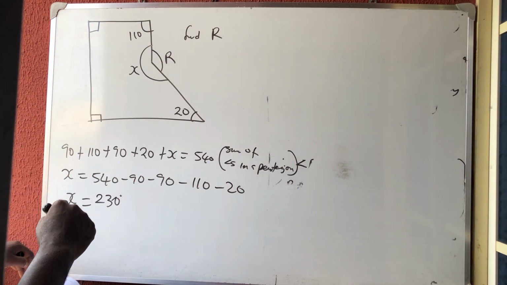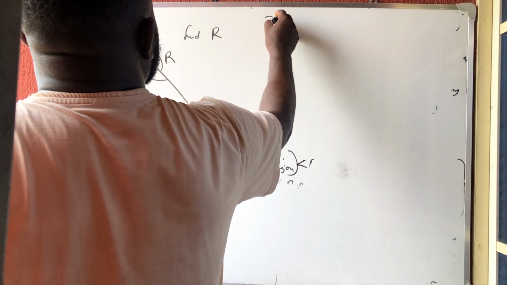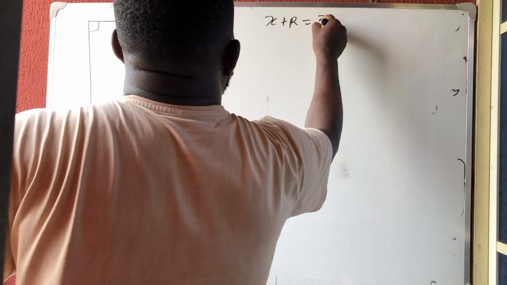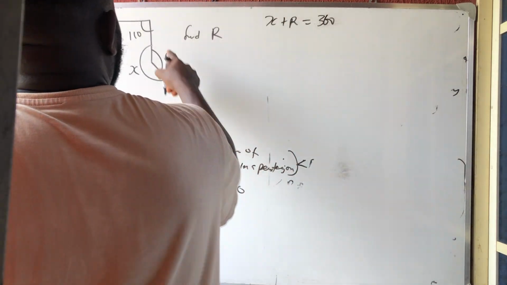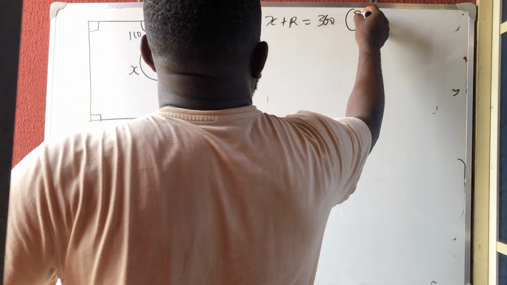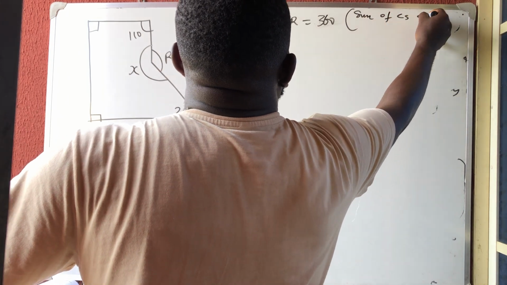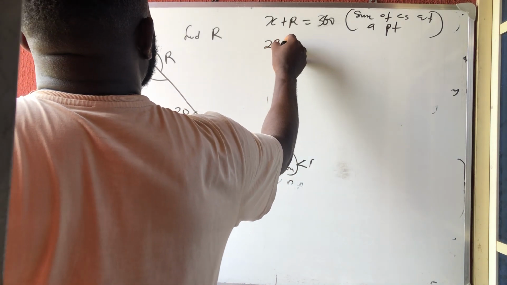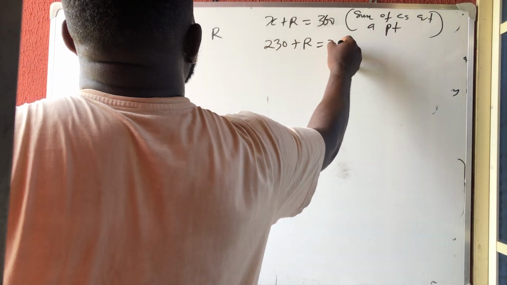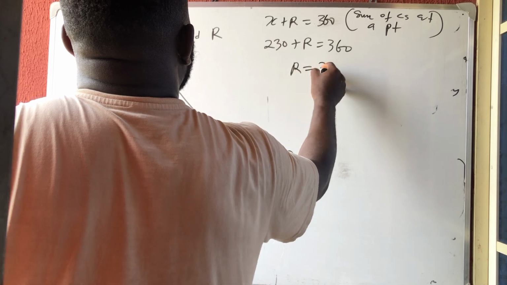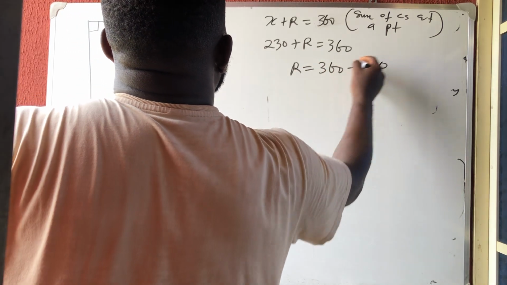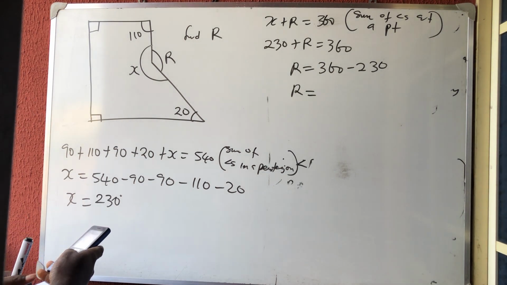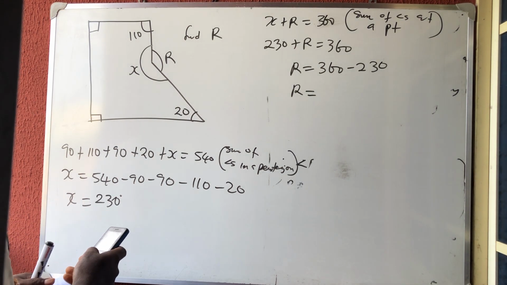230 degrees. But I'm not looking for x. I can easily tell them that x plus r is equal to 360 degrees. And what is my reason? Complete circle. Sum of angles at a point. So therefore my x is 230, plus r is equal to 360. So my r is equal to 360 minus 230. So therefore my r is equal to 130